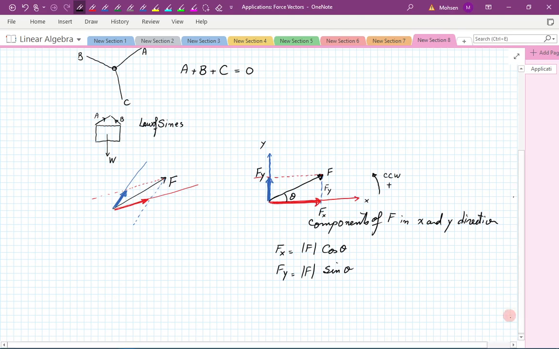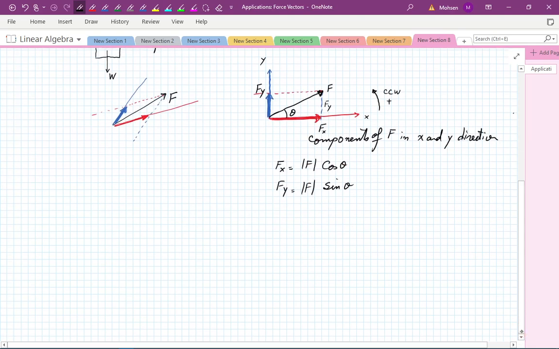Okay, sometimes you want to go in reverse, that is, these components are given to you and you want to find F. Let's go about it this way. So if I have one component given to me, or one force is given, let's call this one say A, and the other one, well, let's consider this one to be B. What is the resultant in this case? The resultant, well, let me draw it better. The resultant is